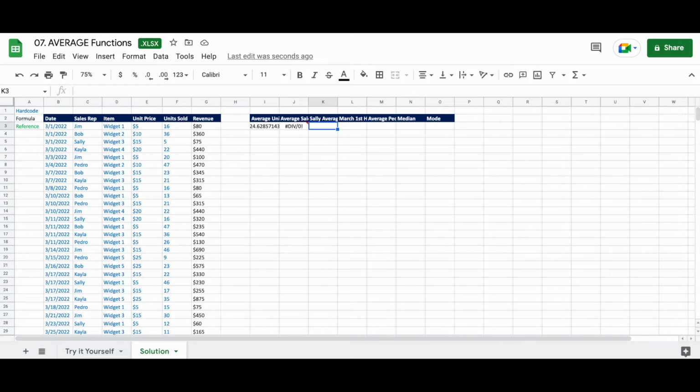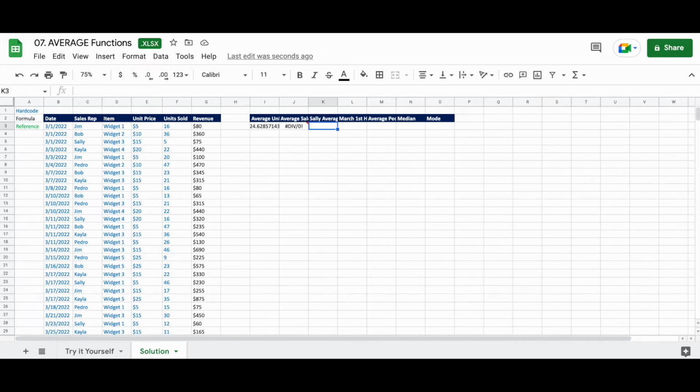If you remember back a few minutes ago, we mentioned that average can only be used on cells with numeric values. Average if can be used to average numeric cells based on numeric and non-numeric criteria. The general setup for the average if function is equals average if, open parentheses, the range you want to look at, comma, the condition that range should meet, comma, the range that should be averaged. And similar to SUMIF, that third condition is optional. If you do not select a range, the formula will average the range you selected in the first portion of the formula.